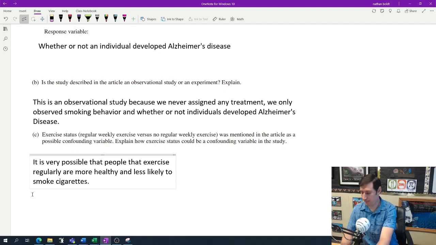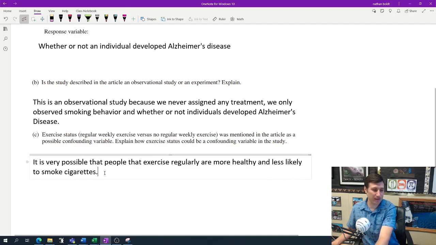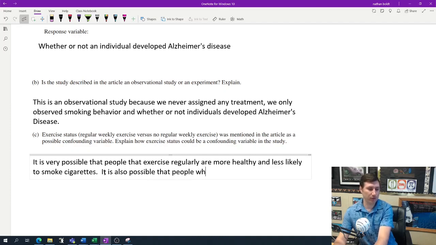So now I've connected the exercising with the explanatory variable. Now it's time to connect the confounding variable, exercise, to the response variable. It is also possible that people who are more healthy and exercise more are less likely to develop